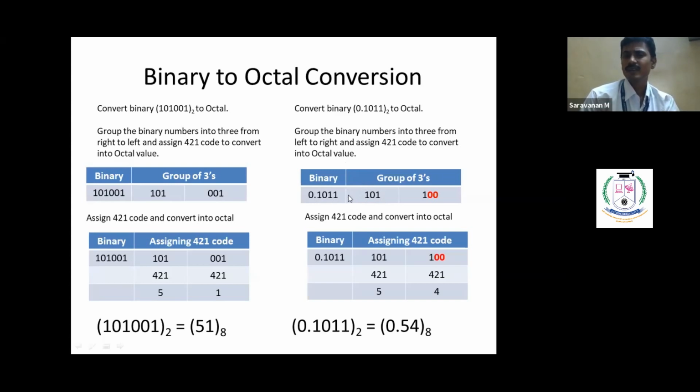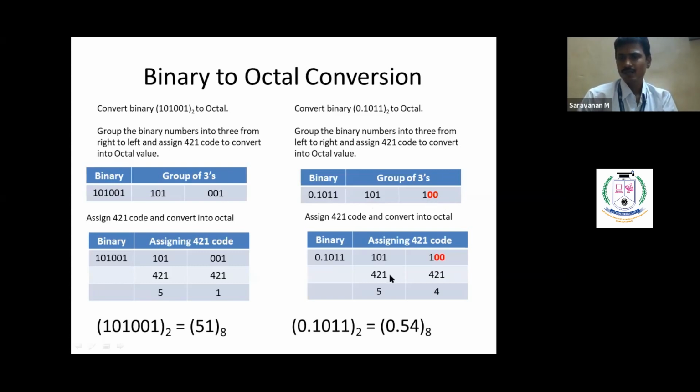So we are left with 2 more positions, and for those we add 0, 0. Wherever there is a blank or grouping is difficult, we can add zeros. That is the logic, right? So for the decimal portion, 101 is going to be the first group. For the second group, we are left with only 1, so append 2 more zeros here so that we get 100.